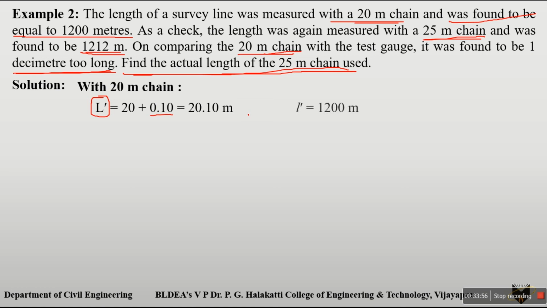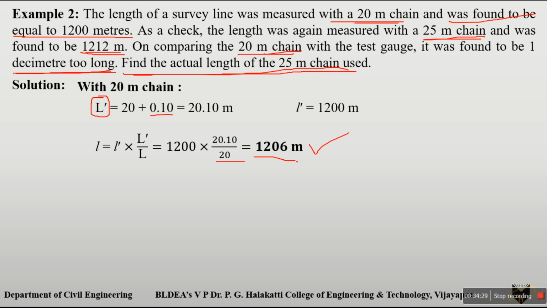Here small l is the incorrect length of the line, that is 1200 meters, and capital L is 20 meters, the actual length of the chain. Using the formula, we put in the values of l, capital L dash, and capital L, simplify, and get the actual length of the line, which is